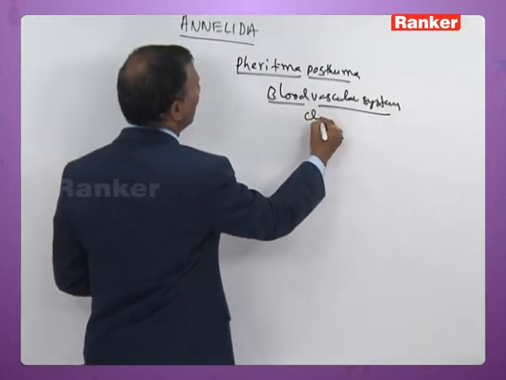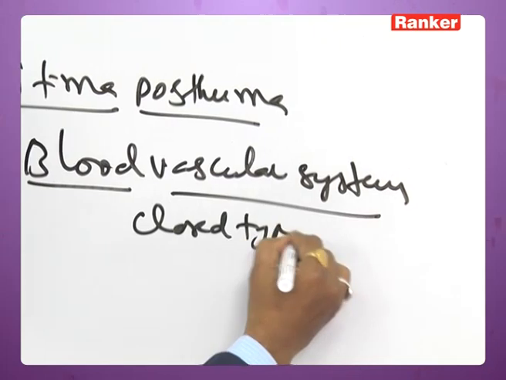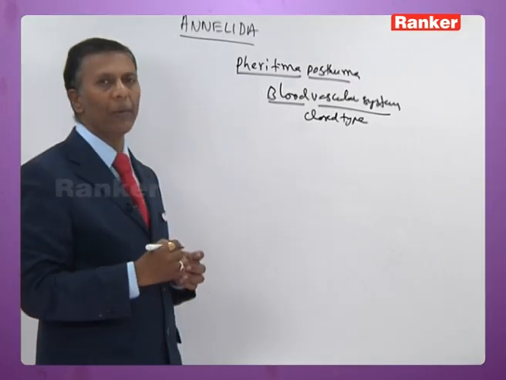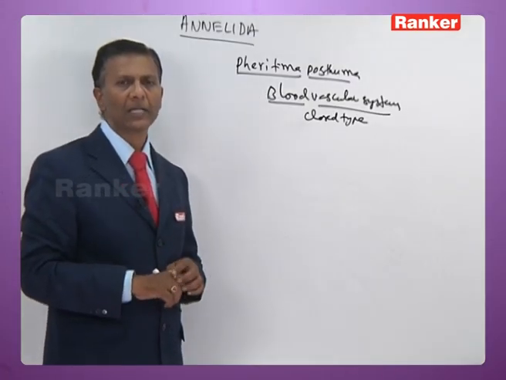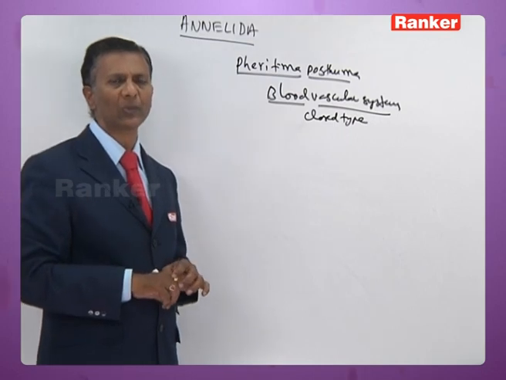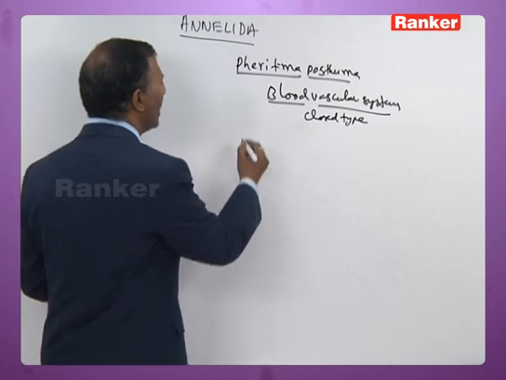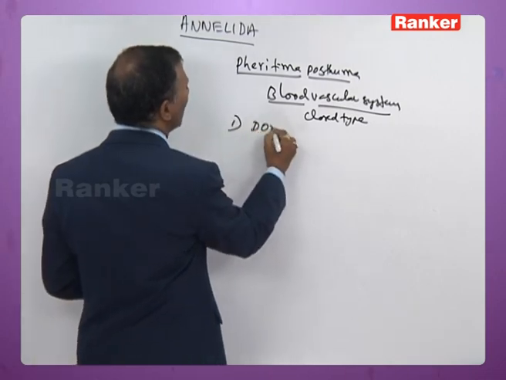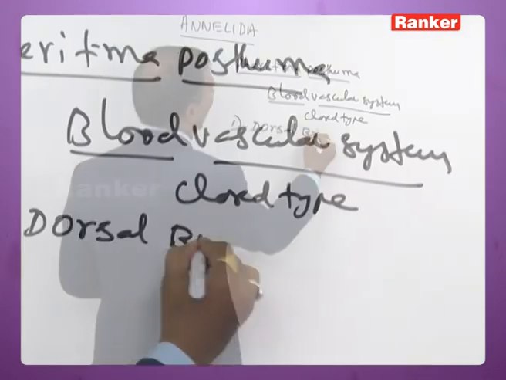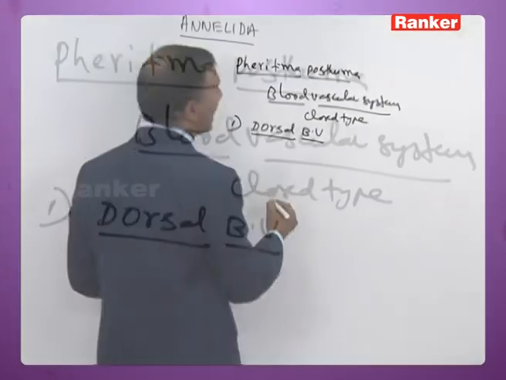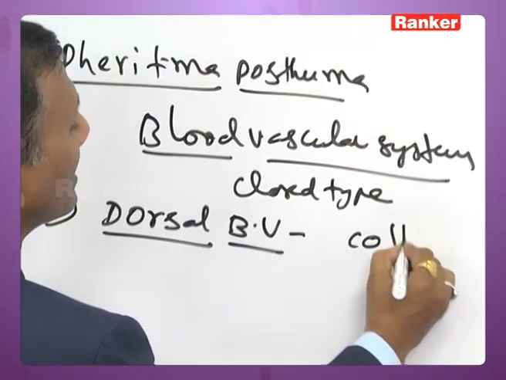It is a closed type with hemoglobin dissolved in blood plasma. It has longitudinal blood vessels and transverse blood vessels. The most important longitudinal blood vessel is the dorsal blood vessel. The dorsal blood vessel acts as a collecting vessel